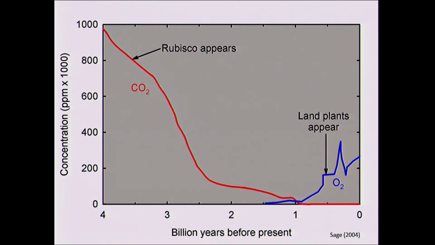Rubisco evolved about 3.5 billion years ago. I'm not sure the exact day, but what we do know is that the CO2 concentration was really, really high at this time. And through billions of years of geological processes and eventually the evolution of photosynthesis, the CO2 concentration was drawn down. And as land plants started to appear, the atmosphere started to get polluted with oxygen. The problem with this is that